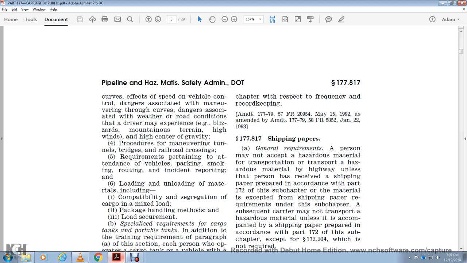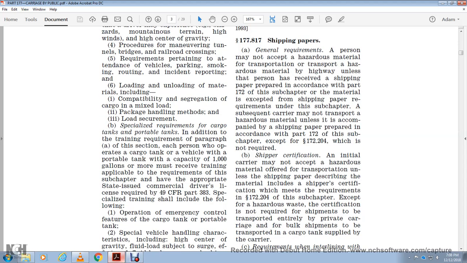General requirements: a person may not accept hazardous material for transportation, or transport hazardous material by highway, unless the person has received a shipping paper prepared in accordance with Part 172 of the subchapter. The material is accompanied by the shipping paper with the requirements under the subchapter. A subsequent carrier may not transport hazardous material unless it is accompanied by a shipping paper prepared in accordance with Part 172 of the subchapter, except for 172.204, which may not require shipper certification. An initial carrier